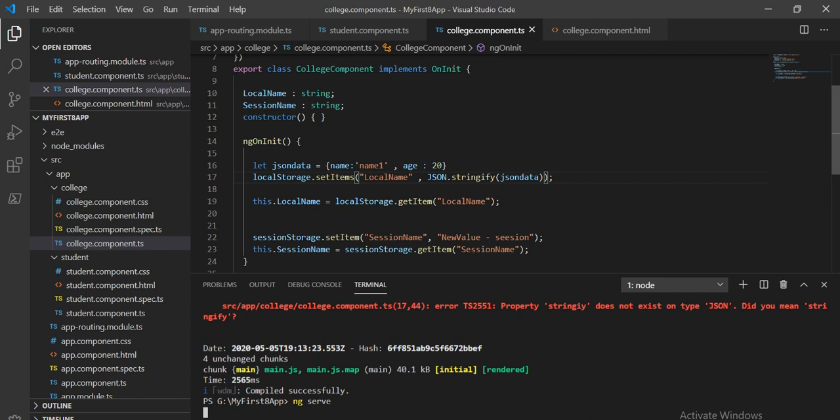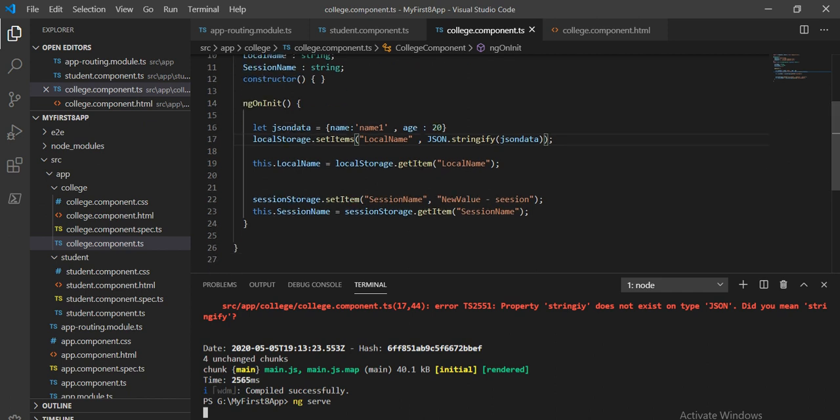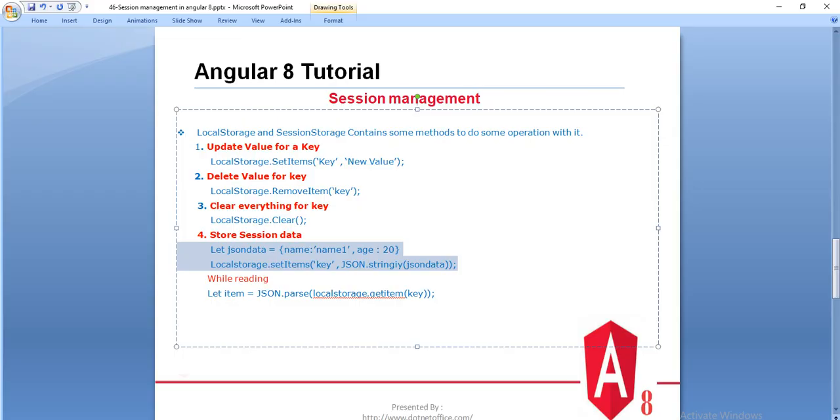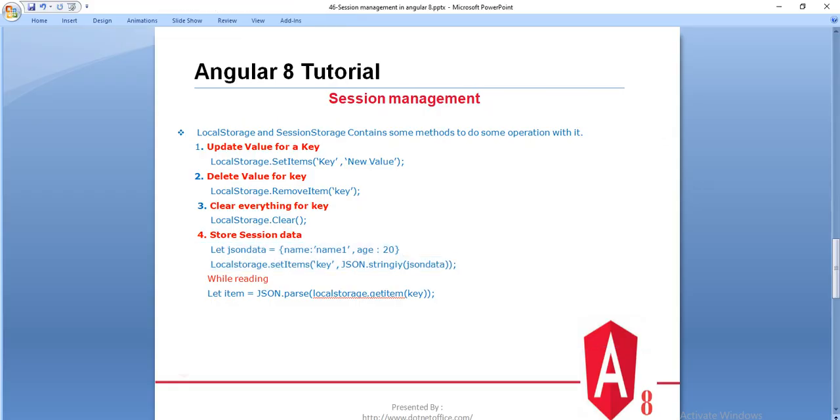It will take a few seconds to compile successfully. So by that time it compiled. What these methods provide is, if we use the set item, we can update the value for the particular key. These methods work for the local storage as well as the session storage.